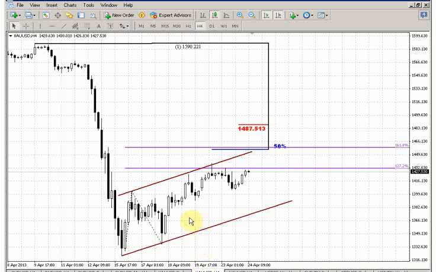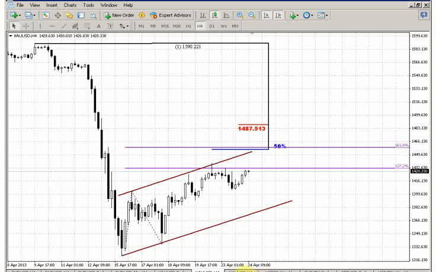On the 4-hour time frame, yesterday we had the assumption that probably the market will continue higher, mostly because of the price action that it has shown here. Since that leg of the ABCD pattern was flatter and the market has hit the 100% extension, logically it should turn to the downside. But since it hasn't done this and continued to move higher, this tells us that probably it will proceed to the 1618 extension. That is also in agreement with the 50% resistance area. That's the second reason why we should wait a bit more, until the market stands at the significant resistance that probably will let us enter short.